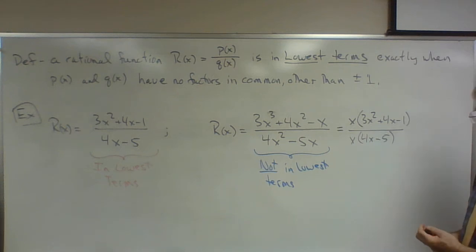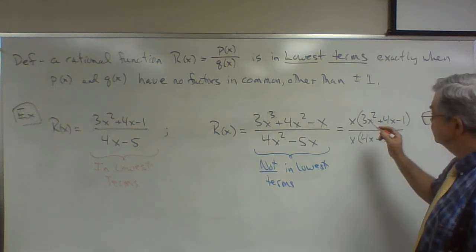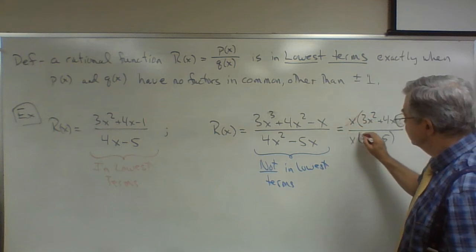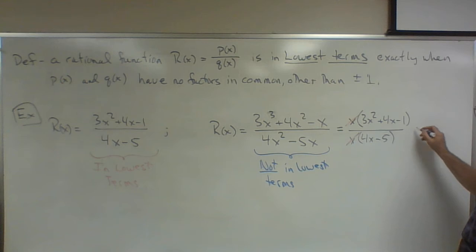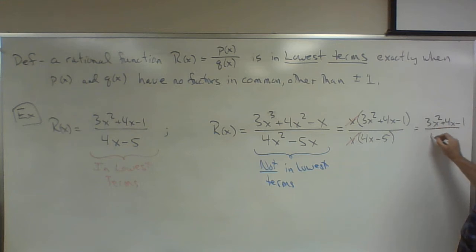Now, if we were to cancel those out, we'd get 3x squared plus 4x minus 1 over 4x minus 5. And now that we've gotten rid of the common factors, we can say in lowest terms,